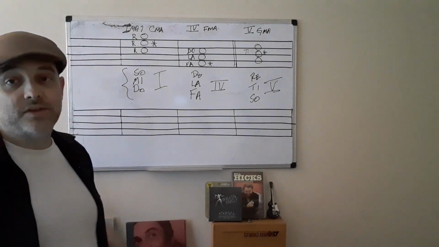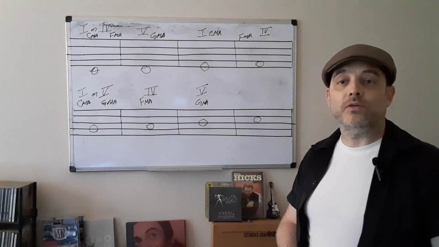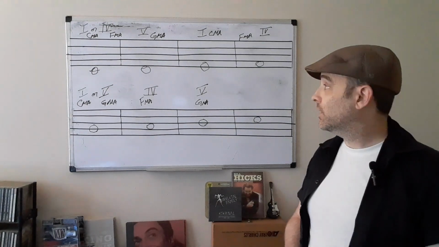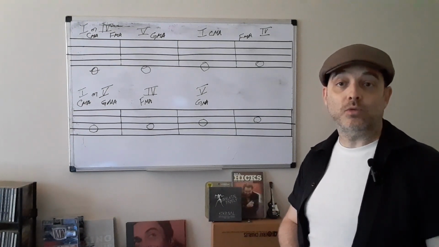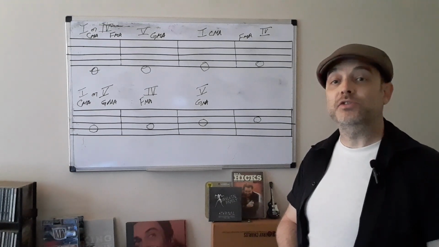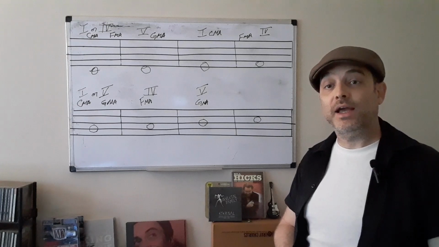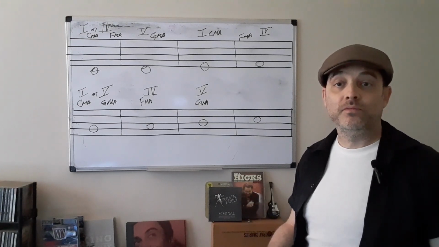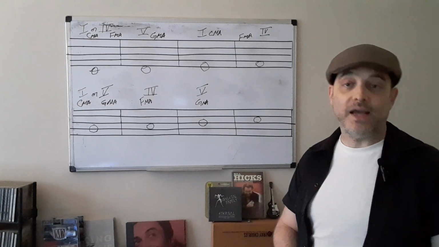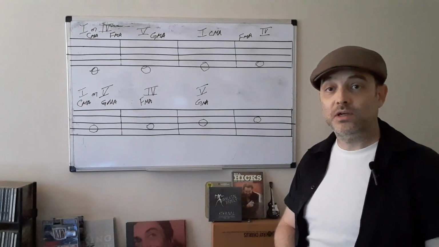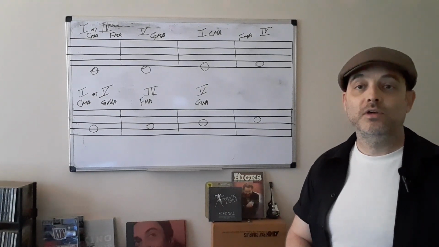I want to expand on this a little bit more. Okay, so if I wanted to harmonize the major scale with triads, it breaks down like this. Do, mi, and so belong to the one chord. Fa, la, and do belong to the four chord. And so, ti, and re belong to the five chord. And then you have dealer's choice, depending on whether or not you're hearing an active chord or a resting chord on those common tones that are common between the one chord and the four chord and the one chord and